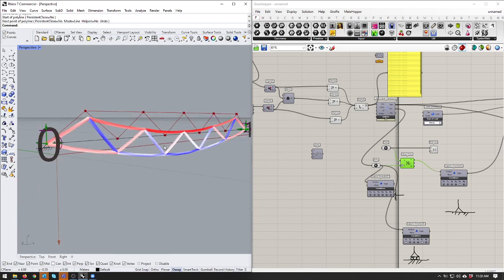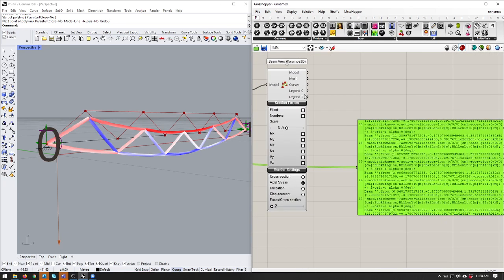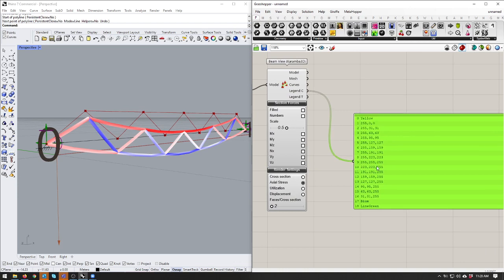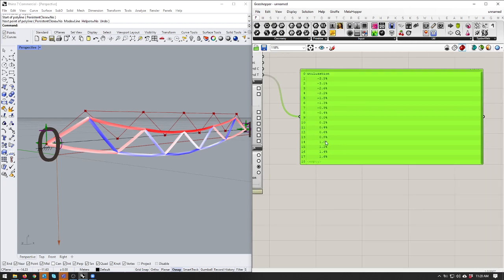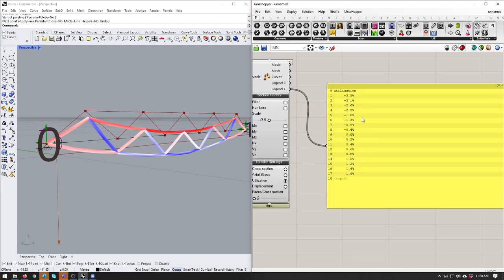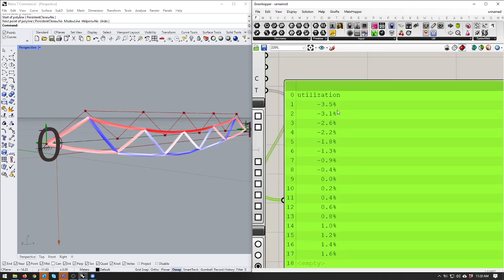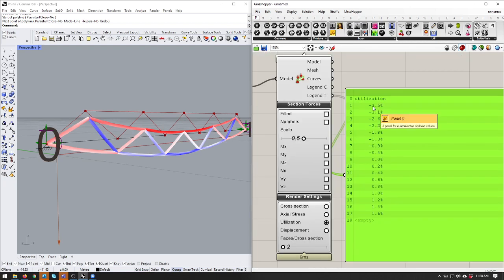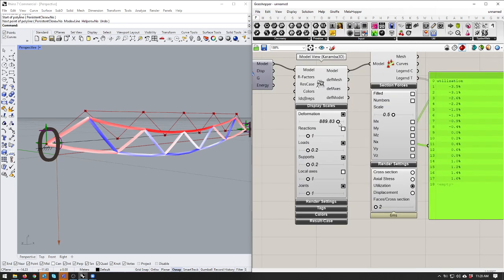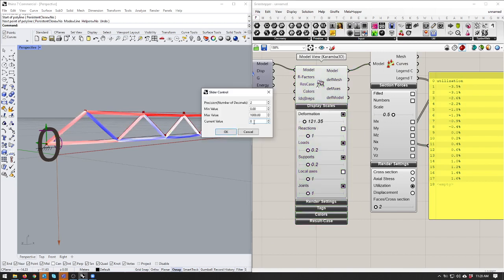And we want to be able to make this a bit more efficient because look, if I start looking at the axial stress through this thing, or maybe its utilization is probably a better example, we're barely using this structure. I'll get into what utilization you're looking for at the moment, but 3% is a tiny amount of utilization for a structure like this. If I look at its actual deformation of 1,